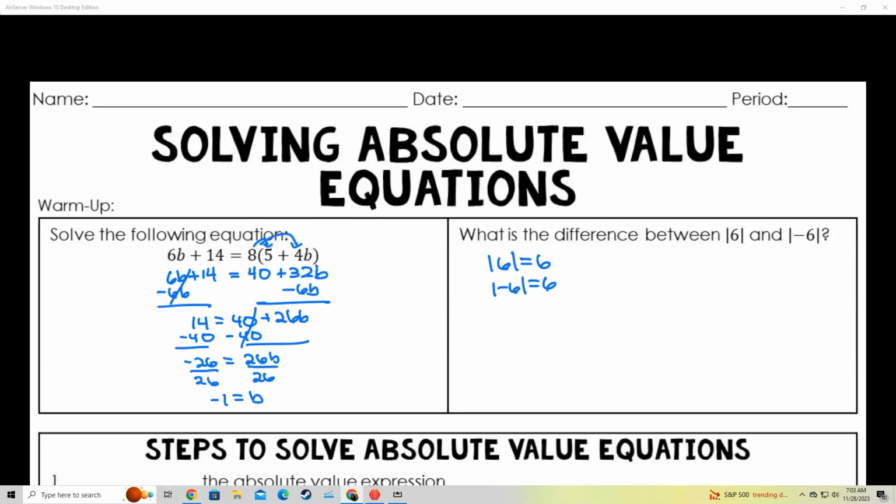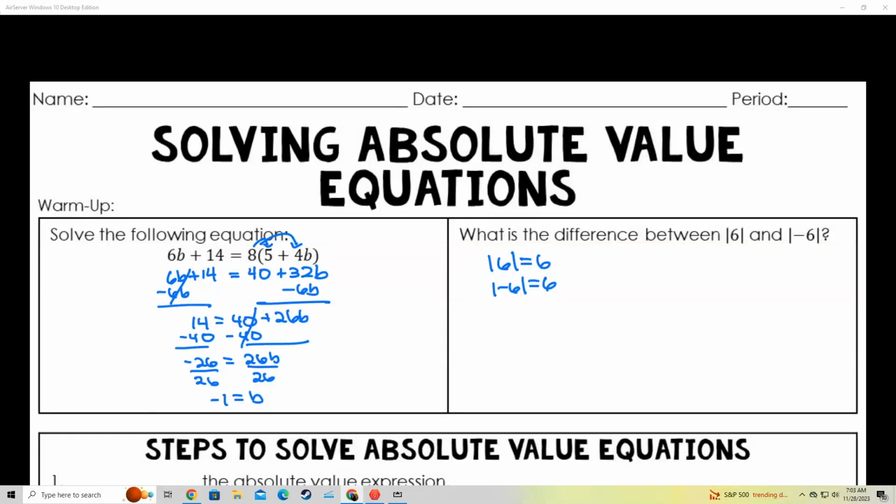All right, this is what you should have ended up with. On the left-hand side, you should have done a bunch of math. Remember, you distribute first, and the answer you should have gotten was -1. If you did not get -1, press pause on the video and go through the solution and see where you might have messed up. On the second one, remember that the absolute value of a number means how far it